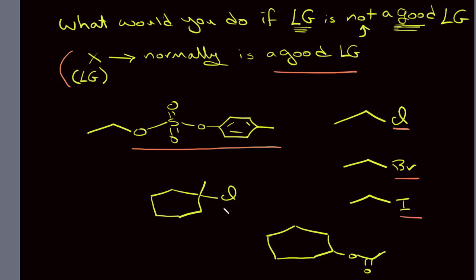When you have a chlorine on a tertiary carbon, or a carboxylate, all these leaving groups can stabilize the negative charge upon leaving. So these are considered good leaving groups, but sometimes